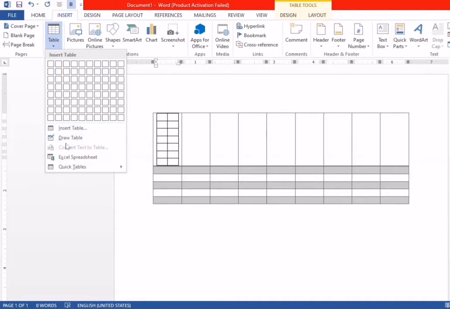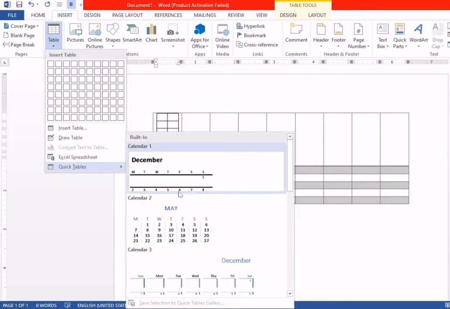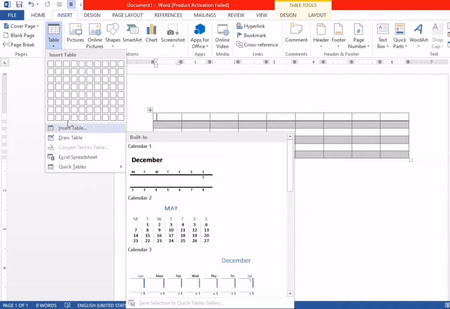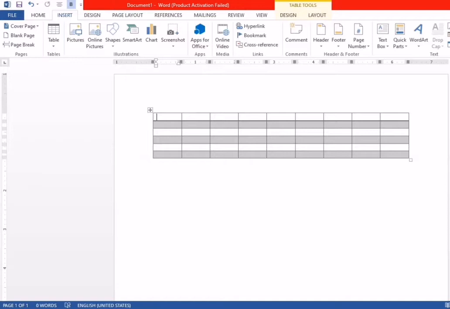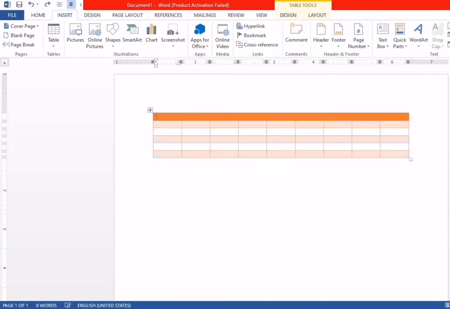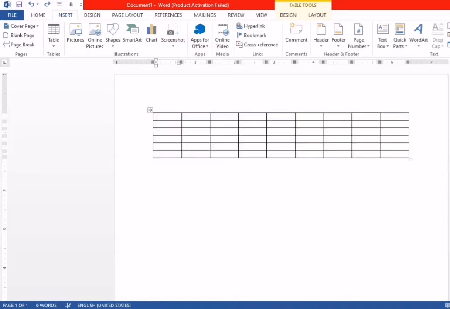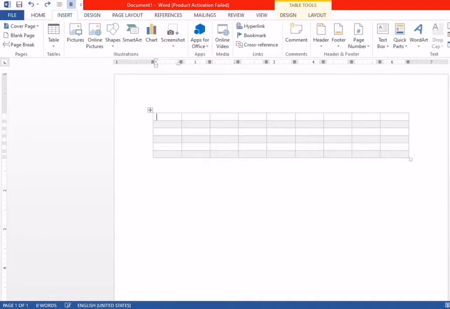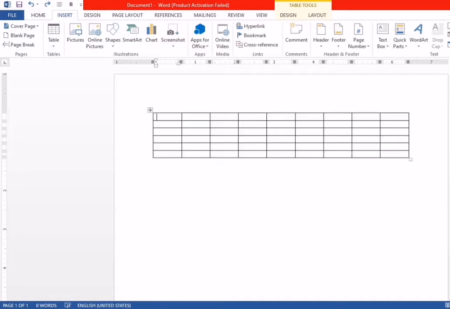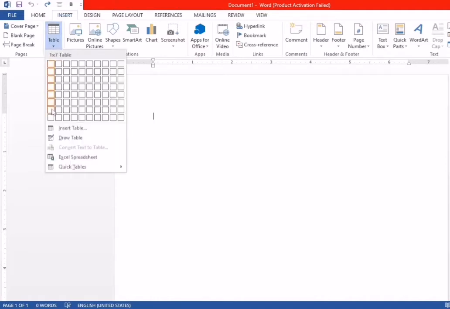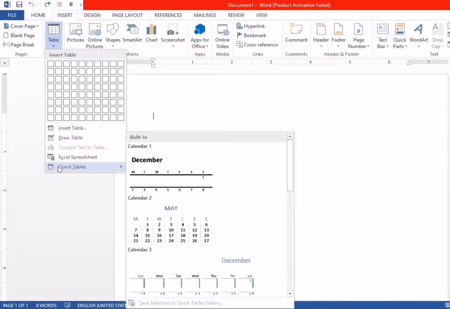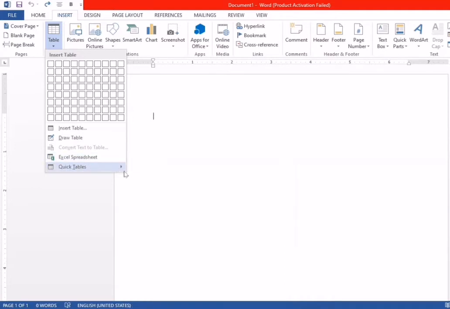Now another method is drawing a table. I finish this table first, and you can see these are all the options we used, which appear here. Now again we go to Tables, and I use Quick Tables.